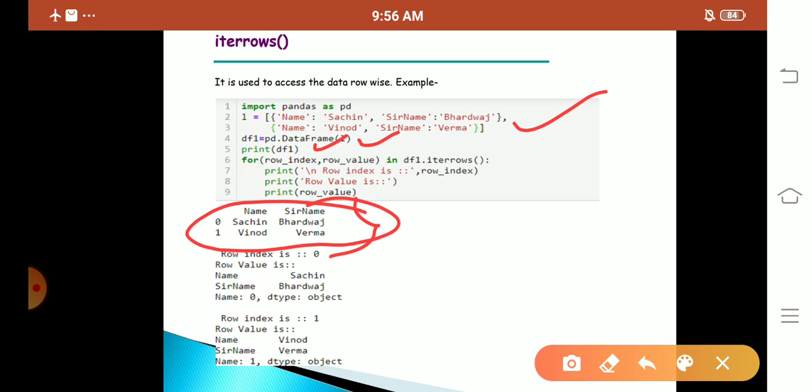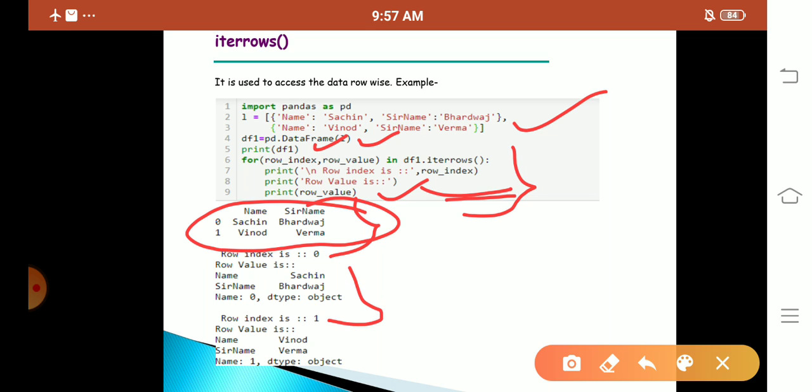Next, for row index comma row values in df1.iterrows(), I am giving my for loop here. So it will print the row index and print the row values. Okay, so the row values are stored here, you can see here.